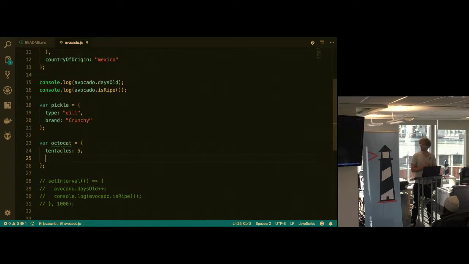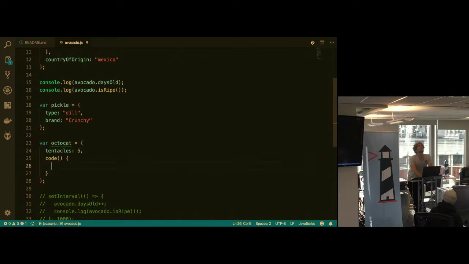What was the behavior we had? No. I don't know. Let's tell it to code. What would happen if you told an octocat to code? I feel like it would. What would an octocat code though? Like, what would it code if you said octocat go code now? It would just get